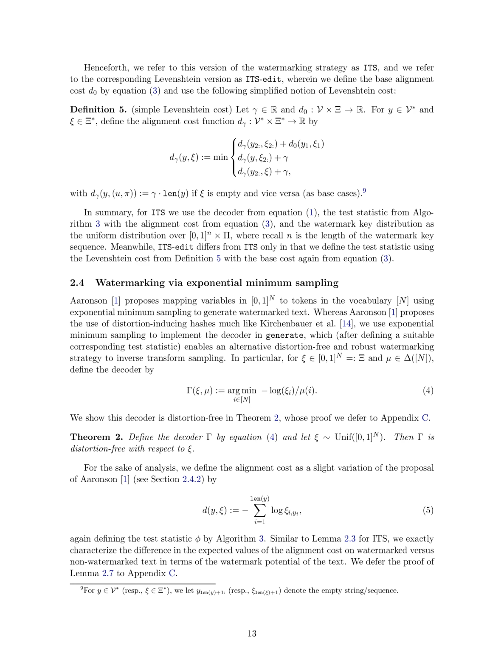Section 2.4 Watermarking via exponential minimum sampling. We're suggesting a method to embed watermarks into text using a technique called exponential minimum sampling. This technique maps variables within a range of 0 to 1 to tokens in a vocabulary. Unlike other methods that introduce distortions, our approach ensures that the watermark text remains distortion-free and robust. To explain this in simpler terms, we define a decoder that takes two inputs, a set of variables and a set of probabilities. The decoder then finds the token that minimizes the negative logarithm of the variable divided by its corresponding probability. We've proven that this decoder doesn't distort the original text, but we've saved the details of this proof